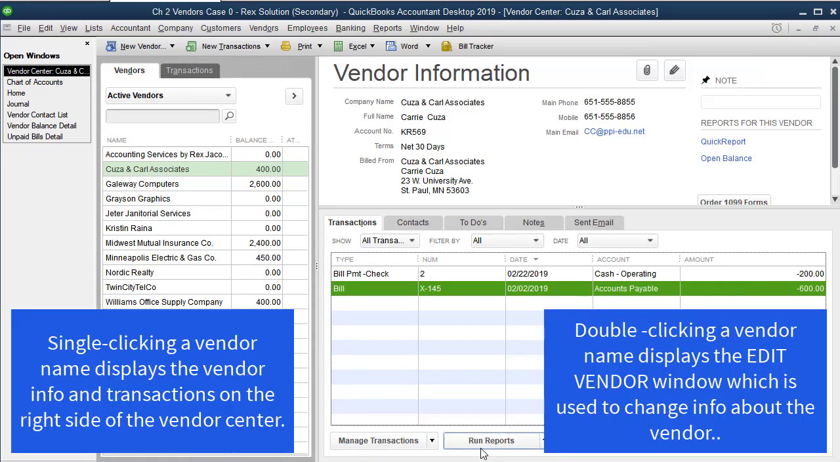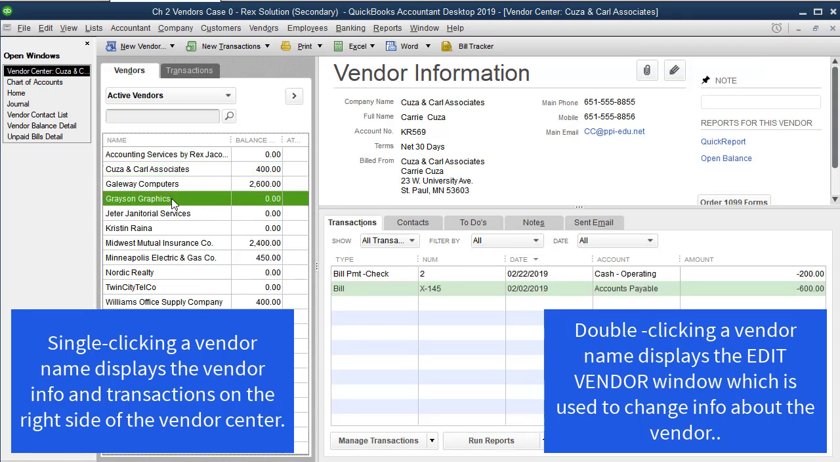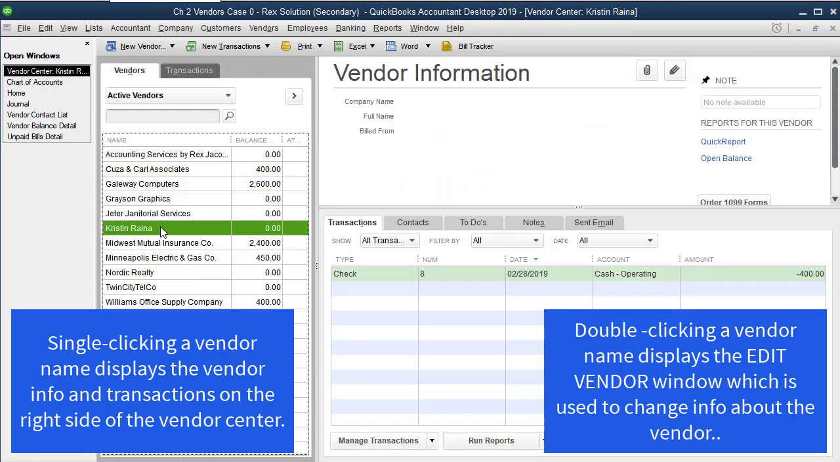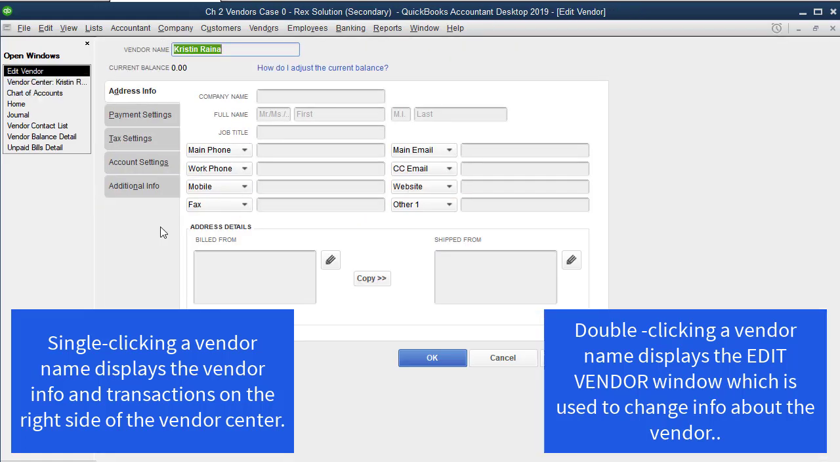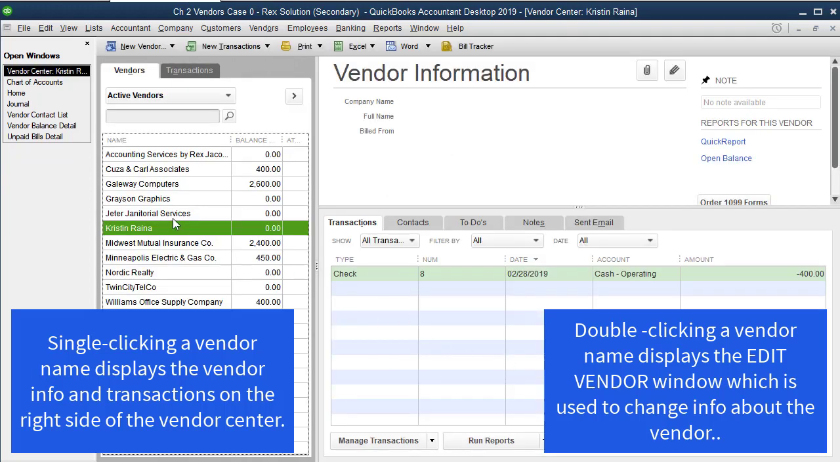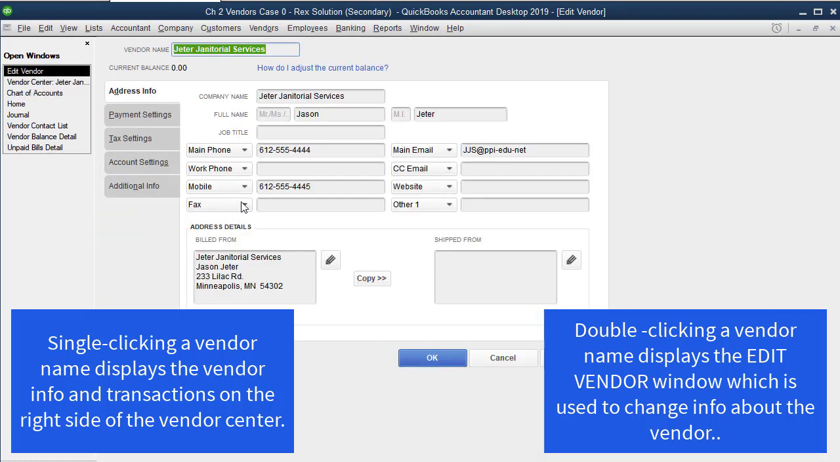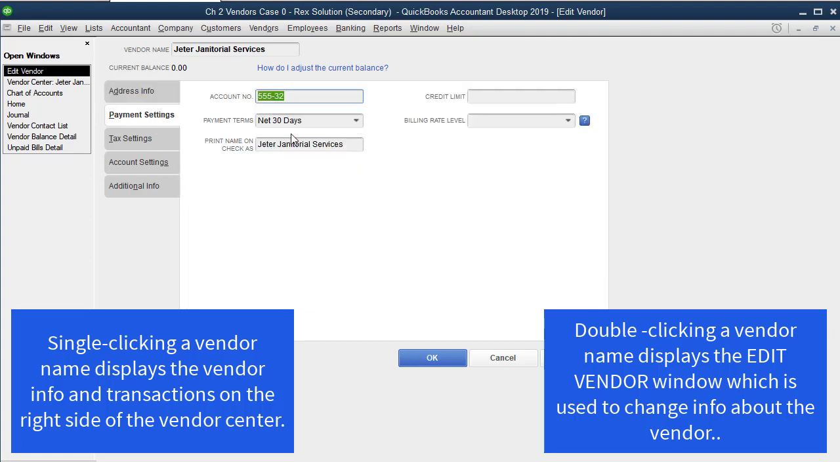And one final thing. It's important to know the difference between single clicking a vendor name and double clicking a vendor name. Notice I double clicked it. So when you double click a vendor name, it takes you into the edit screen of that vendor so you can change things like the vendor's phone number. I'll pick a better vendor. That's actually Kristen Reyna, our boss. I'll double click Jeter Janitorial. So here we could update their phone number, update the address, update any of the payment settings or the account number, etc. So I don't want to edit anything, so I'm just going to click cancel,